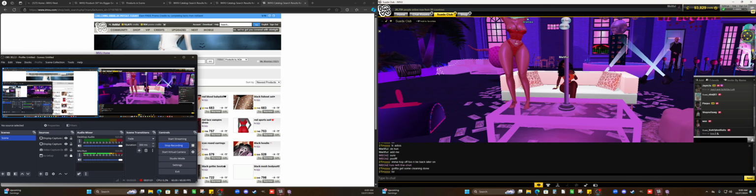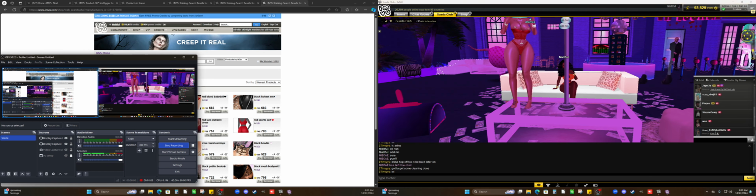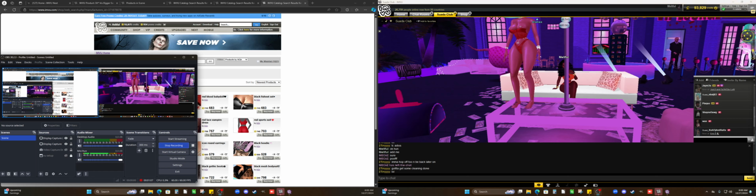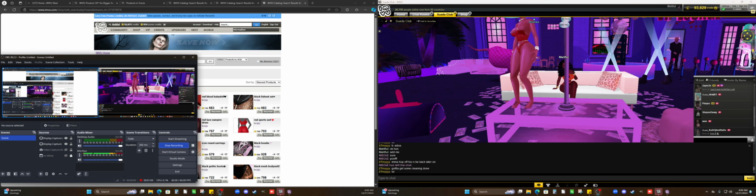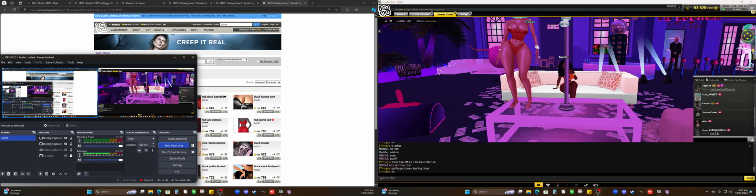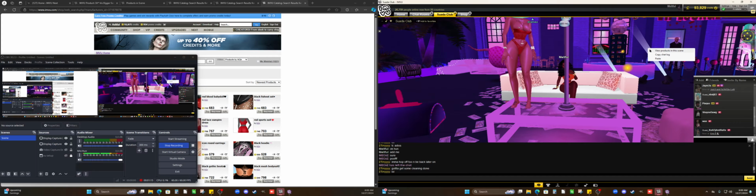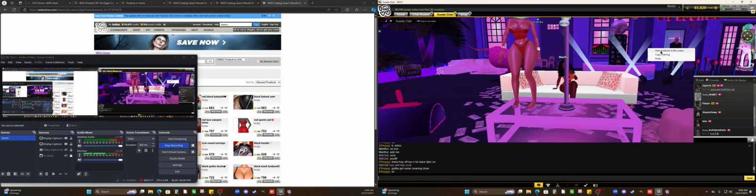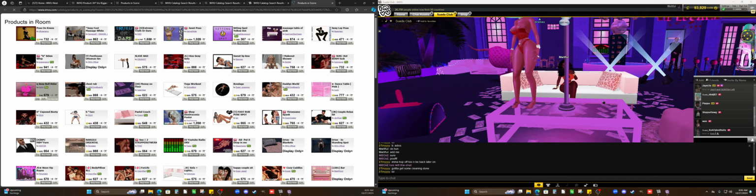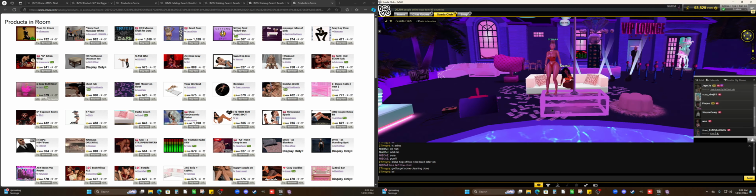So another way you can create is, say you don't know what to create, and you're in a chat, and you see someone that has something really nice, and you're like, let me see if I can get that, right? So we all know about this trick. We click here and you click view products in the scene, right? So with that, once you do that,